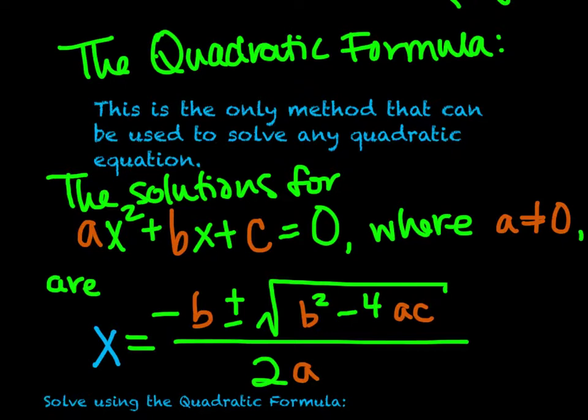So essentially what we can say is the solutions for ax squared plus bx plus c equals 0, where a is not equal to 0. If a were equal to 0, then this whole front term would be gone and everything would be a linear equation. So where a is not equal to 0, it could be -1, it could be -1,000,000, it could be positive 275, it doesn't matter. The solution for it could be modeled like this. We could say x is equal to -b plus or minus the square root of b squared minus 4ac